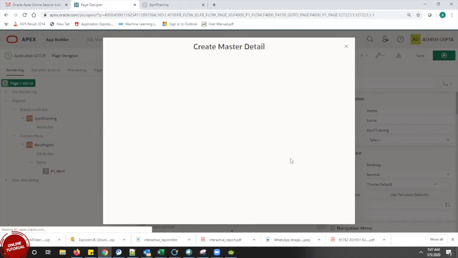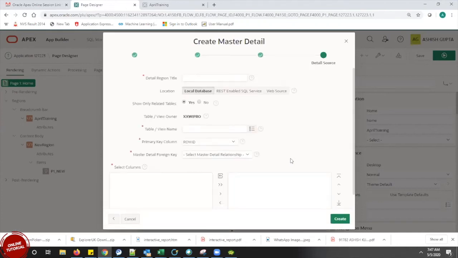So, Ashish, here one question. Even if we have a specific foreign key or primary key, and we still select the row ID, will there be any difference?